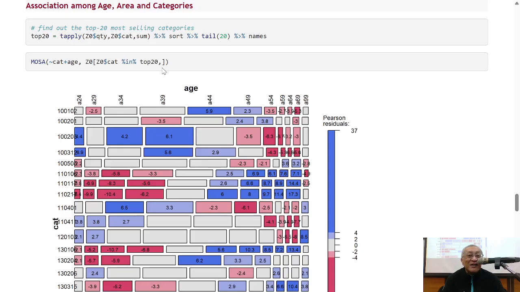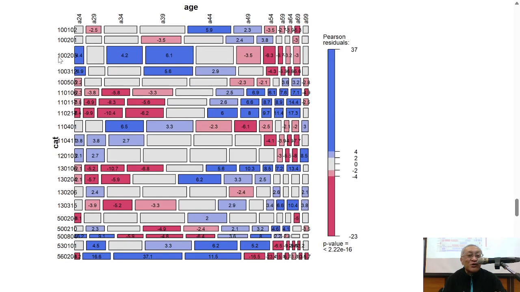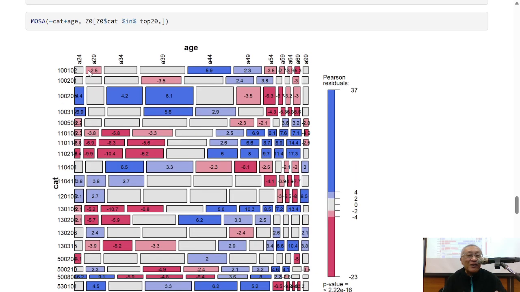So I actually, using index, from this data frame, I filter this data frame so that only the top 20 product categories are included in this expression, right? So now we can actually focus on these 20 categories. We know the age group's preference in buying them, right? Okay, so this is